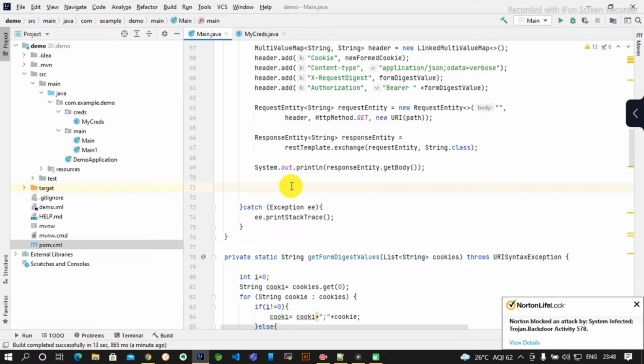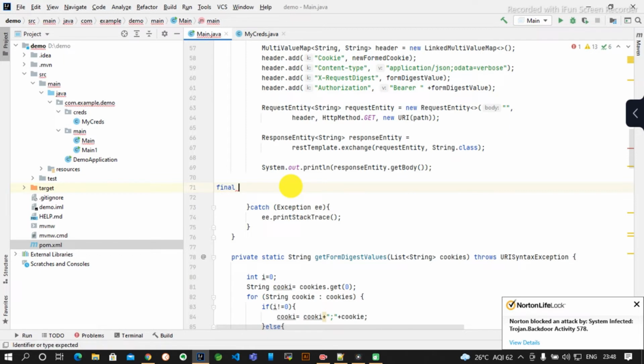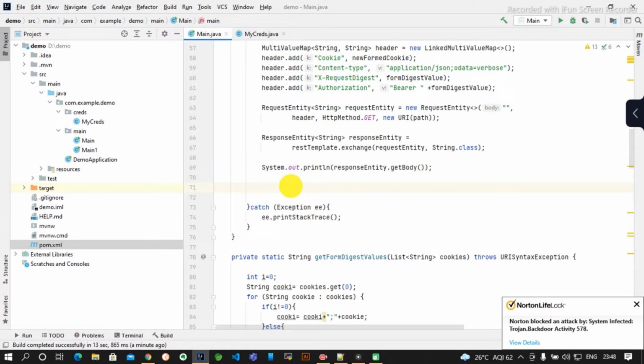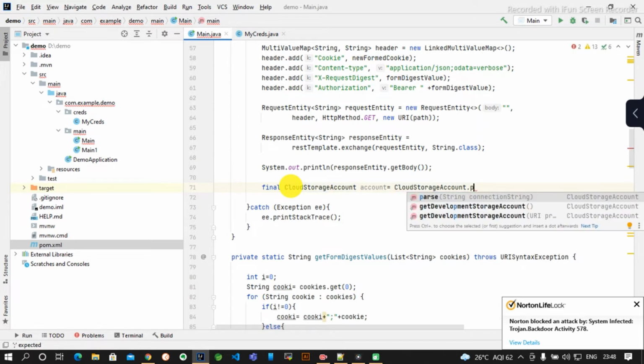First we need to establish a connection to our Azure storage account. For that we need to create an object.